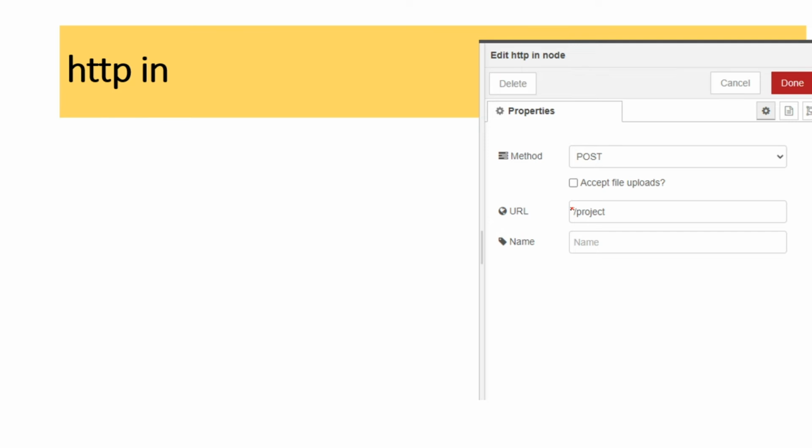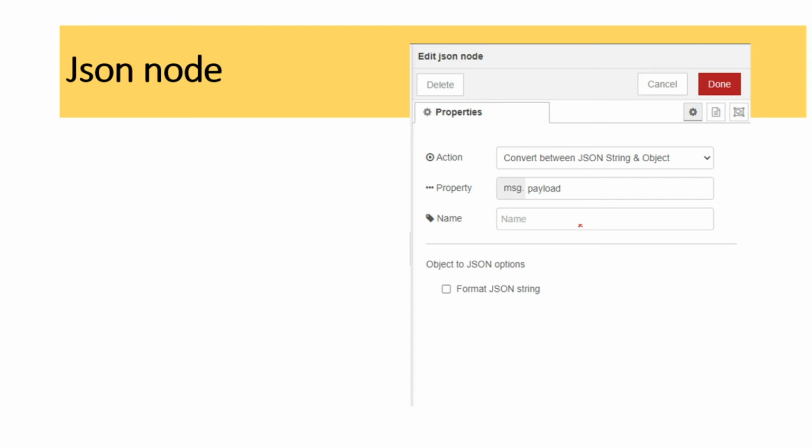So /project. If I click this link, the project details link, then it has to land on a different page. So for that I have given /project. So this is the submission. I'm just talking about the submission. During submission, if I click this, it will land on the other page. And then the JSON node.